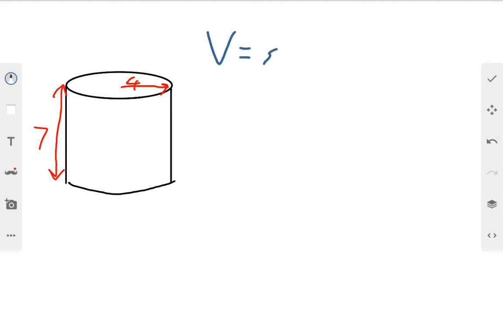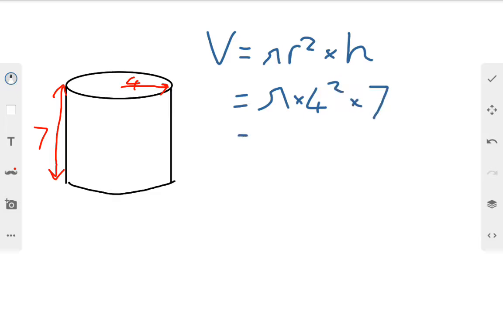Volume equals pi times the radius squared times by the height. Notice pi r squared is actually the formula for the area of the circle on the top, and then times by the height. So once we use the values for this one, we're going to end up using pi times 4 squared times 7. 4 squared is 16